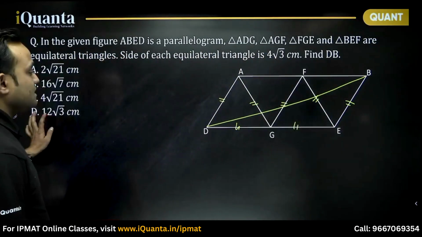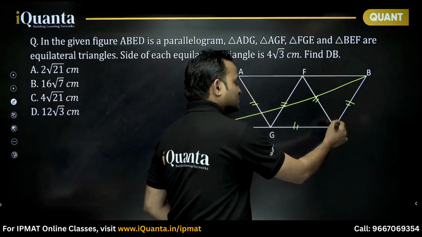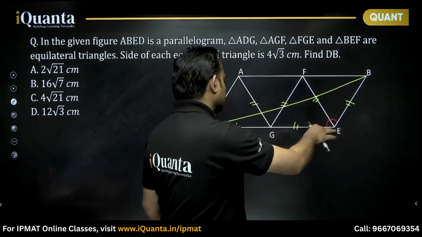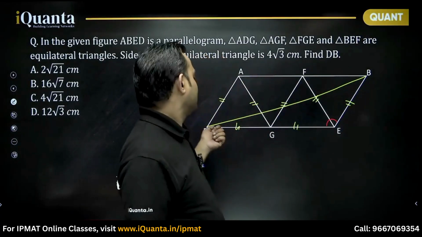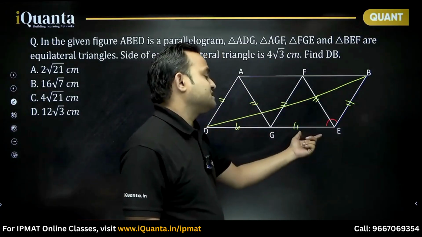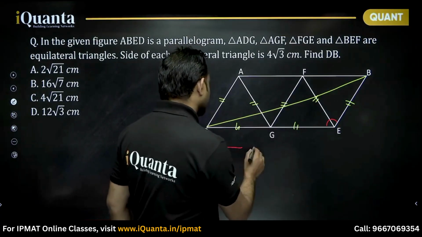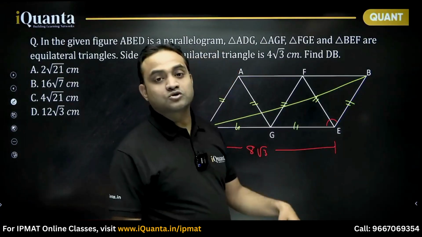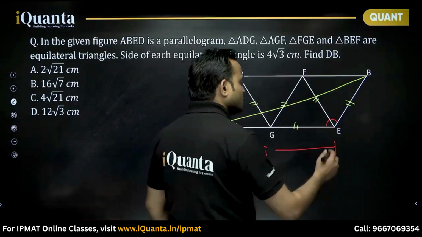Can we say that we can find that this angle is 120 degrees, and this length is given. We can also find DE. If BE is 4 root 3, DE is DG plus GE, both of them are 4 root 3, so this will become 8 root 3. Then we can use the cosine formula, but that is not required. What we need to do, if I